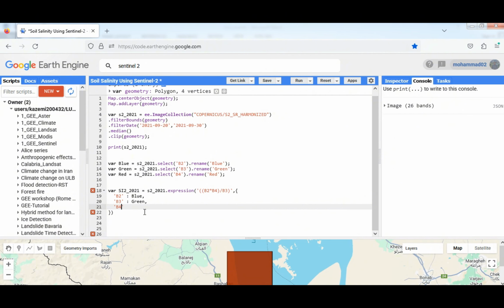And 4 represents red. Very good. Right now, in the final stage of this part, I have to rename